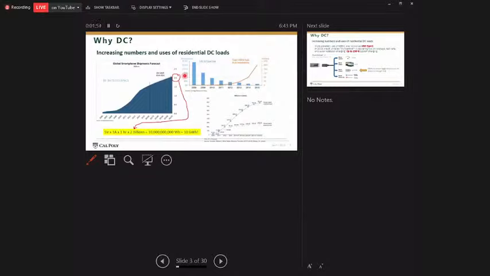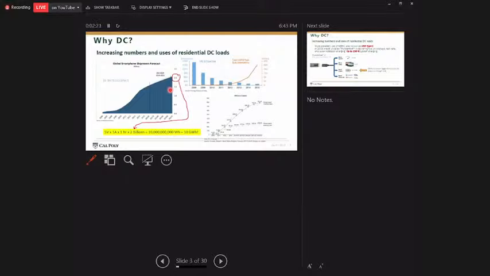The very first one is the increasing numbers and uses of residential DC loads. That's one of the main things that we have witnessed in the past decade or so, right? How many of you have a smartphone right now? I would say every single one, right? Maybe more than one, right? And every smartphone, right? Inside the smartphones,